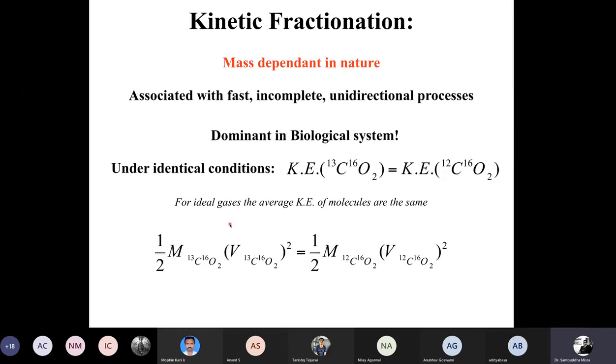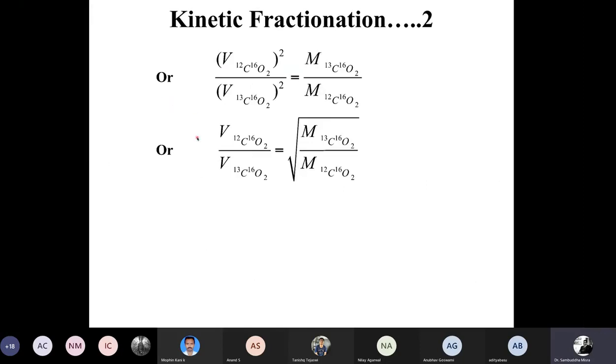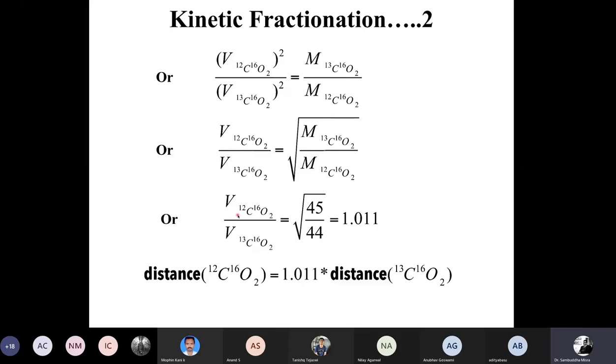Now, for a given pressure and temperature, let's take a gaseous system. If we fix the P and T, we know the kinetic energy equals 3 by 2 kT. So the kinetic energy for the carbon dioxide in the atmosphere, for the 13C16O2 molecule and the 12C16O2 molecule, are the same. And that can be expressed as a function of their mass and velocity. If we take the mass and velocity and arrange the equations like this, what we observe is that the velocity